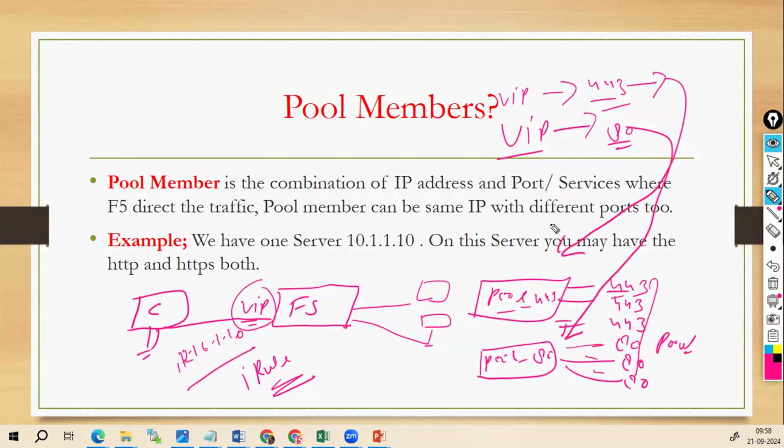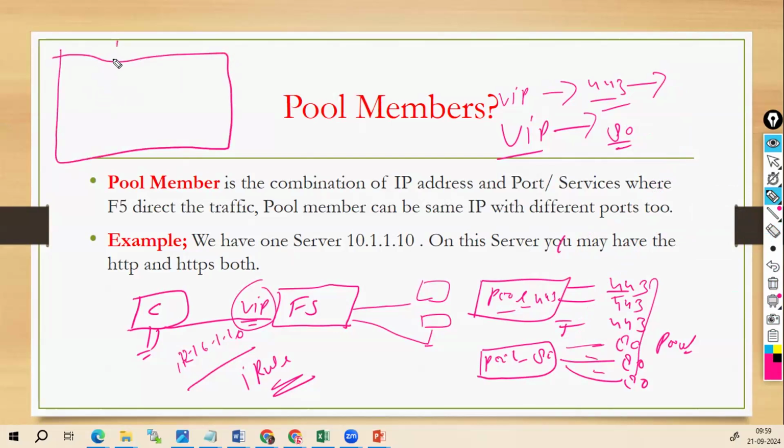मैं एक चीज समझना चाह रहा हूँ यहाँ पे। ये जो पूल 443 है, इसके अंदर आईपी 10.1.1.10 भी होगी, 10.1.1.20 भी होगी, 10.1.1.30 भी होगी, ऐसा ही मान के चलूं? और इसके बाद जो पोर्ट होगा 443, 443। एक पूल ये हो गया, दूसरा पूल मेरा आया, उसमें भी आईपी 10.1.1.10 में 80, 10.1.1.20 में 80। तो एक पूल में मैं पोर्ट नंबर सेम रखूंगा पर आईपी डिफरेंट होगी। यही है, बिल्कुल। ओके, पूल टू हो गया, ठीक है।